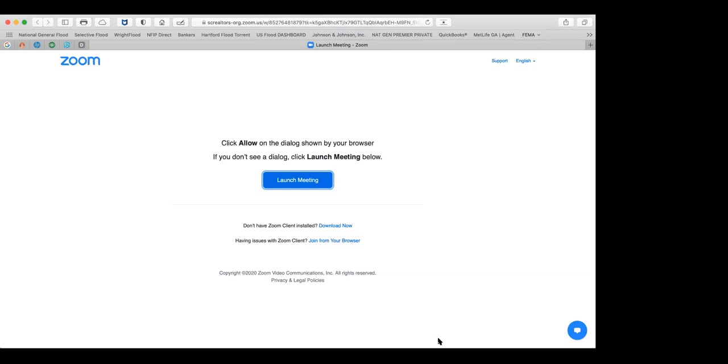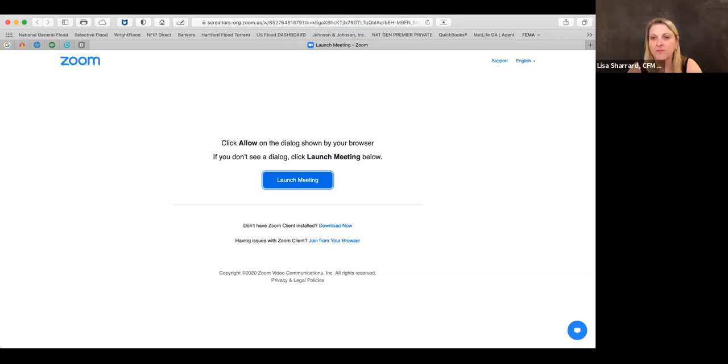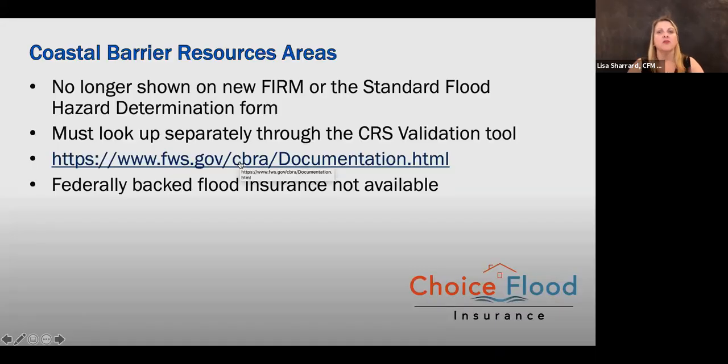Okay, very good. Let me go back to the PowerPoint. So we talked about the coastal barrier resource areas. They're not shown on the flood insurance maps now. So it's important for us to